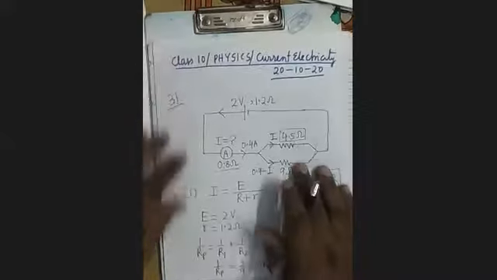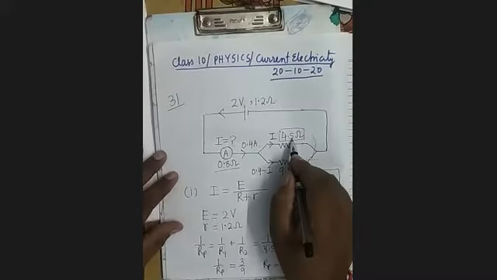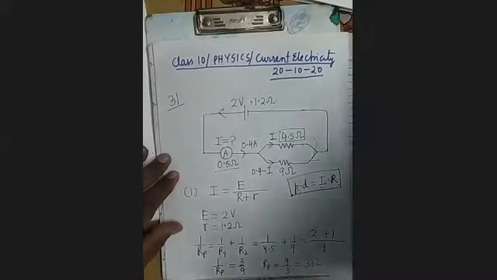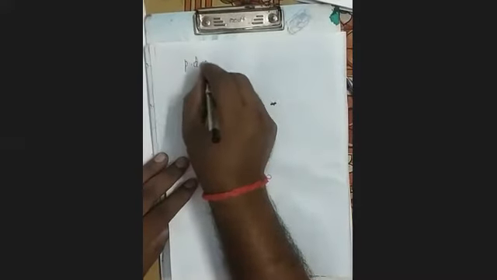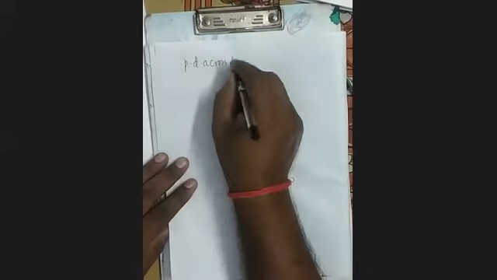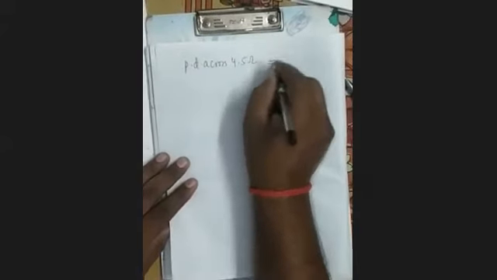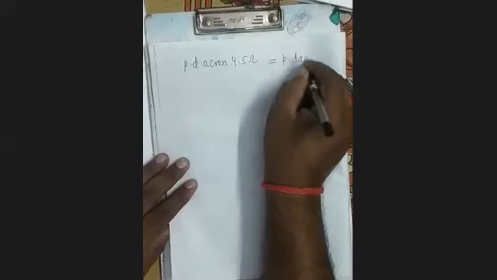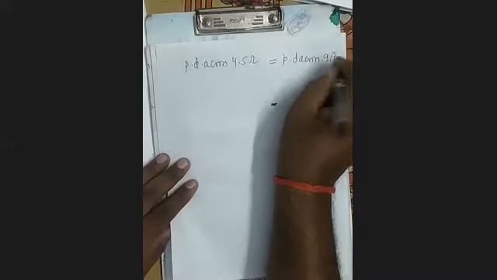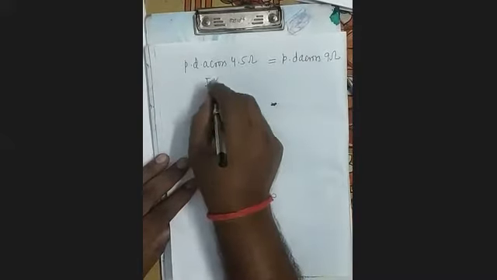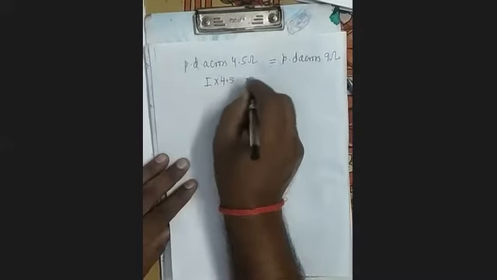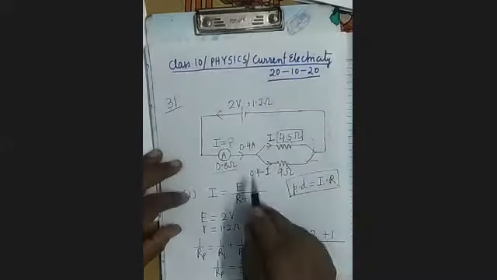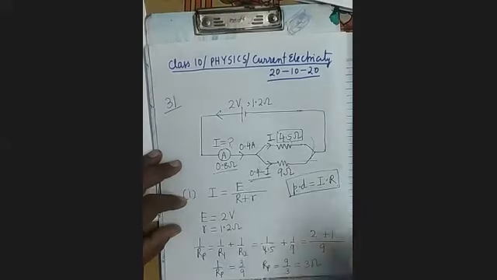So you find out potential difference. What will be the potential difference here? I into 4.5. Potential difference across 4.5 ohm equals potential difference across 9 ohm. So it is equal to I into 4.5. इससे कितनी करंट पास हो रही थी? This into 9